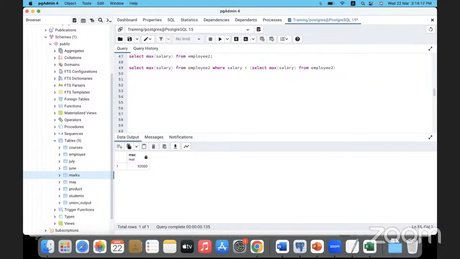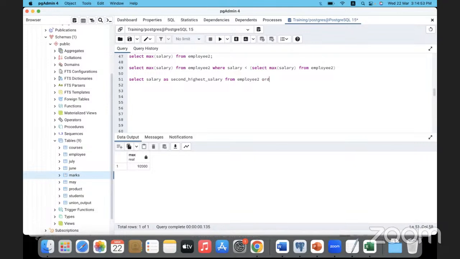But the most efficient way of doing it, suppose I need to get the top n salary, then what to do? We already discussed. I hope you are able to recollect. We had discussed the concept of offset and limit. So by using the concept of offset and limit, we can achieve it. So how do I do that? Select salary, I'll give an alias name, as second highest salary, from, of course, the employee table,